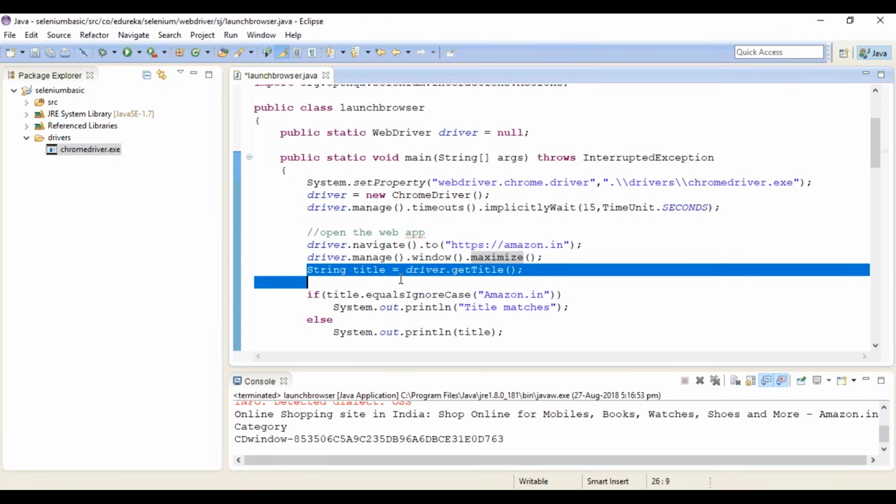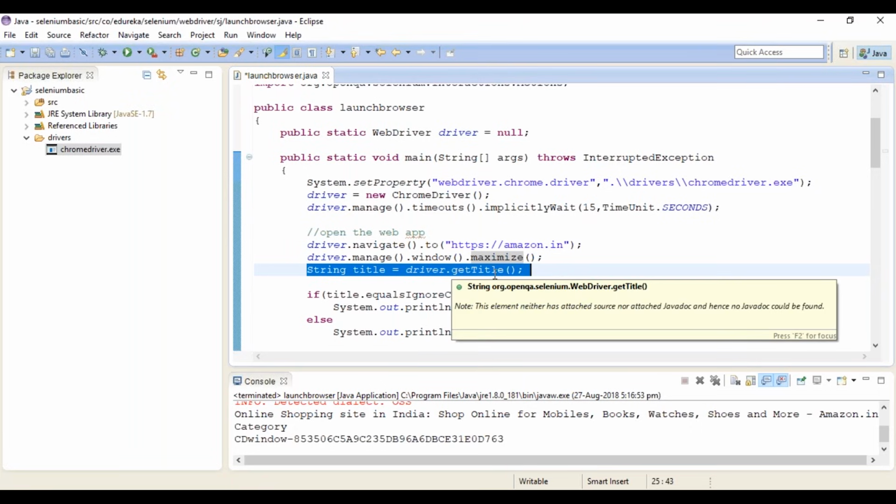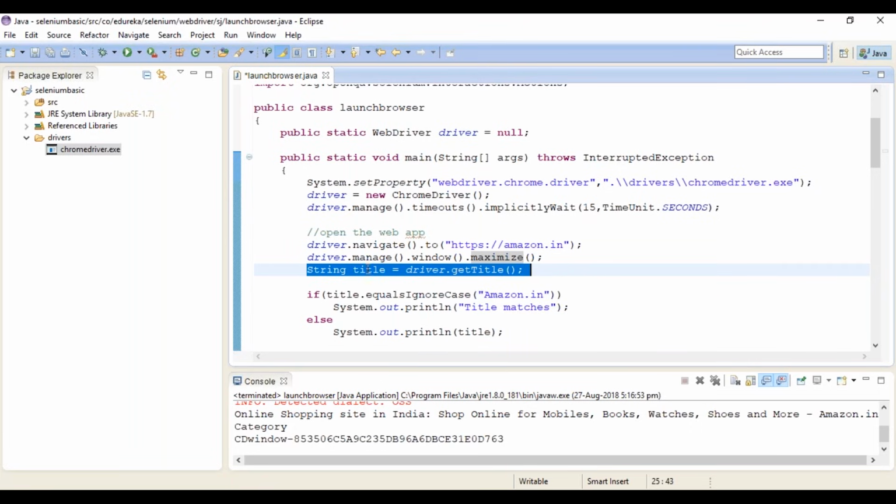Next, once the web application is opened, I'm going to get the title of the web application using the getTitle method. So I know the name of the application, but this is only for validation that I'm doing. The getTitle method accesses the title of your web application, and it is stored in the variable title. So I've got two strings out here. One is this title, and the other one is Amazon.in.